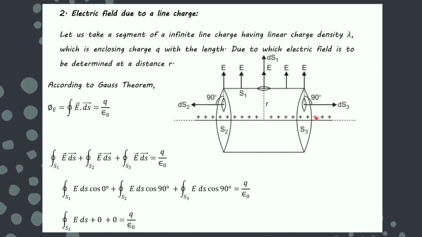I can put it horizontally, I can put it vertically, but you have to draw the cylinder like this, which is at distance r. This is the point P which I have taken. Electric field is moving in this direction, outward. If I take this side, it will be in the downward, but in the outward direction only.